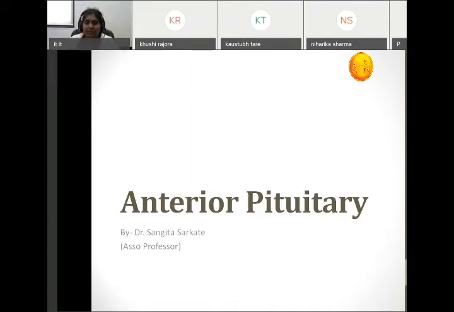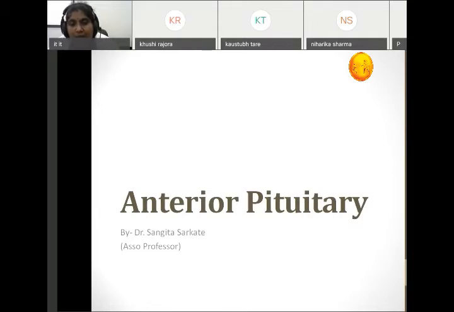Now, the pituitary gland has two types of cells. 50% of the cells are called chromophobe cells. They are agranular cells and they are not stained by staining. The second 50% of cells are called chromophile cells. They are stained by staining and account for the other 50%. We will concentrate on the chromophile cells. Already I have told you they account for 50%.